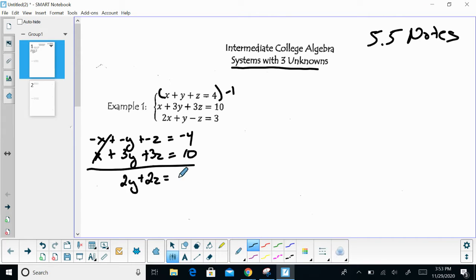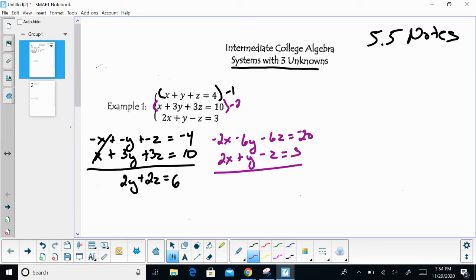Now I'm going to take my middle equation and the bottom equation, and how can I get rid of x here? Well, now I can multiply this middle equation by -2 to cancel out my x. So I'll have -2x minus 6y minus 6z equals -20. We're going to rewrite the bottom equation